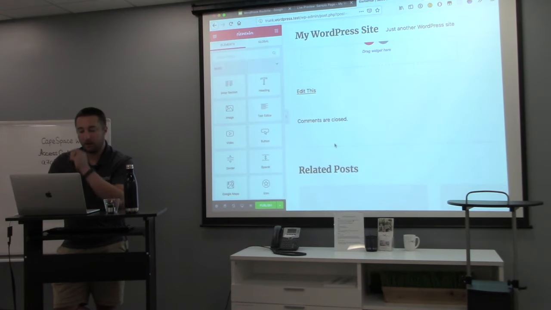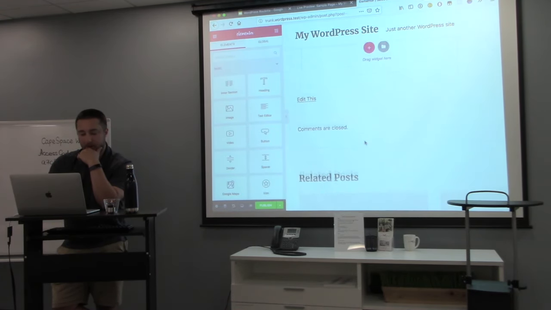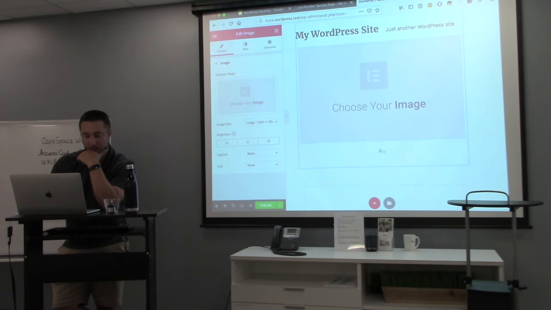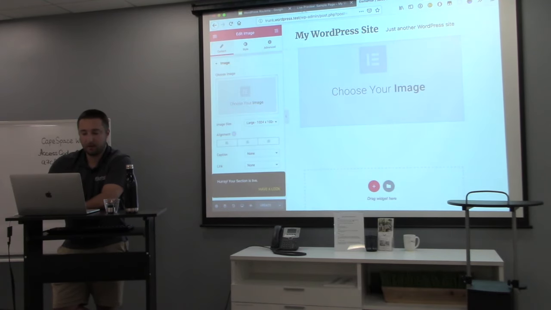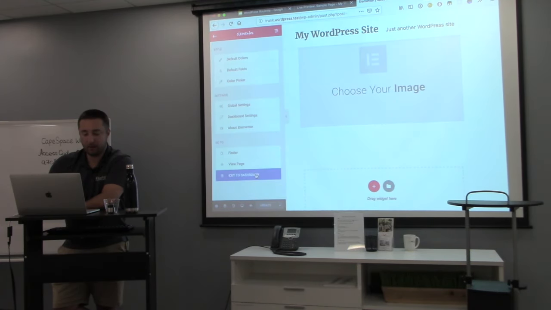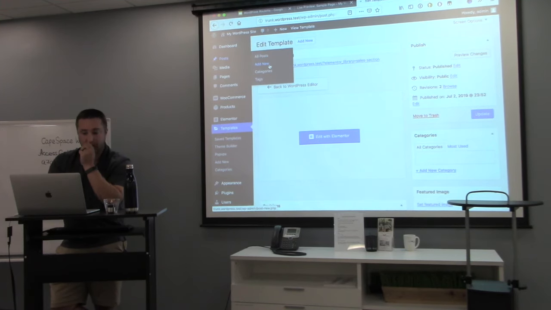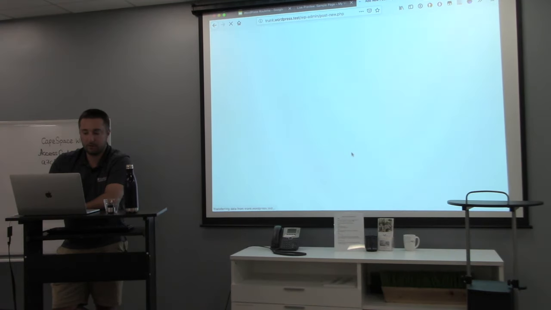So these aren't Gutenberg blocks? Yeah, now that I look at it, I don't think they are. But I wonder if it's moving more to that. I think they have a Gutenberg block. I'm just curious, because at some point the two data models have to, right, you know, how do you rationalize those two? Yeah, so say I publish this, and then I go back to my dashboard. But this is an interface that everybody's familiar with. And so here they just say, okay, you have to edit it with Elementor in our editor. But then if I were to go to a page or a post,